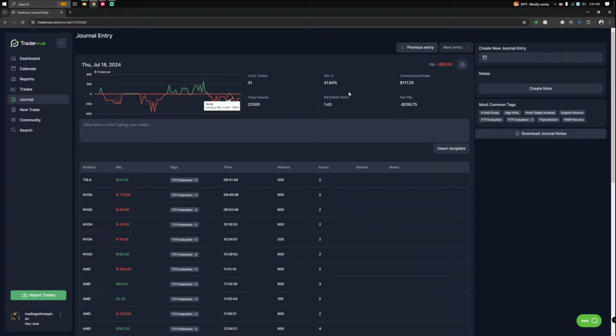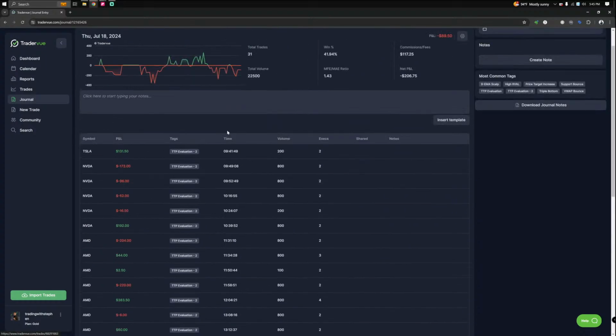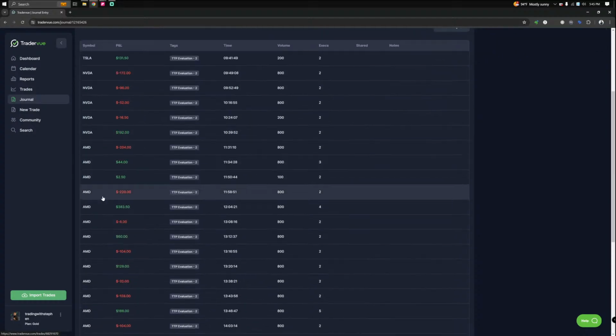Yeah, it wasn't great. Tonight I'm gonna go through these and tag them, and I'm gonna create a new tag. If it's not a playbook setup, then it's just gonna be non-play, just not a playbook. A lot of these trades, I mean, this AMD was a $220 loss,